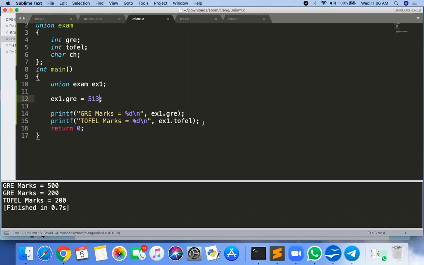Okay. %d, I'm printing the decimal value of the character ch, ex1.ch. Okay, now what is the answer?